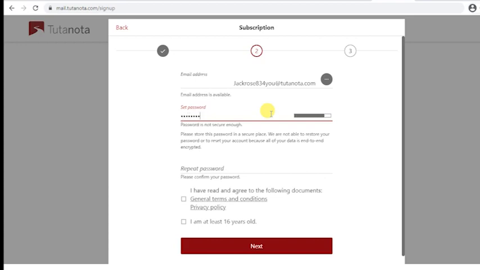So I'll set a password now. It requires a strong password with special characters and numbers. So I have given a strong password and I'll repeat the password here.